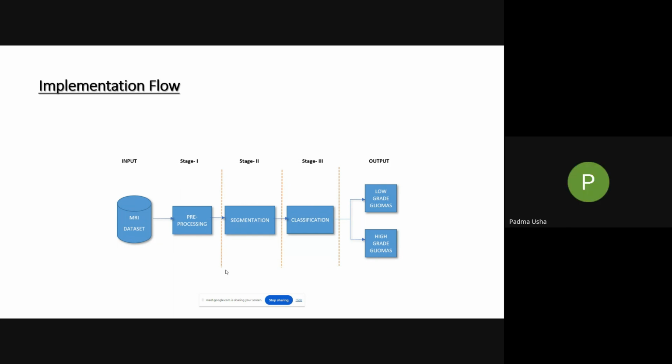Yes, sir. For calculating the size of the tumor, whether we have to go for diameter or area or volume of the tumor, sir? Because in some research papers they have given diameter, in some they have calculated area, and in some they have given volume. Which one should we follow, sir? This basically depends on the size of the data and whether the data is structured or unstructured. Normally for unstructured data, we go for the volume. Okay.